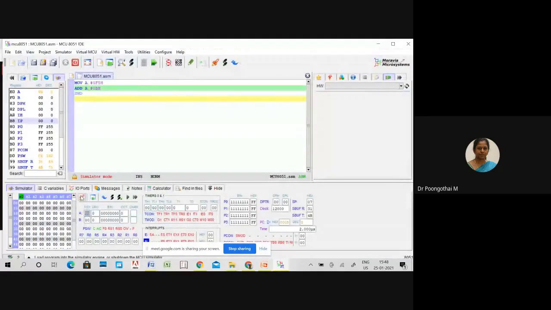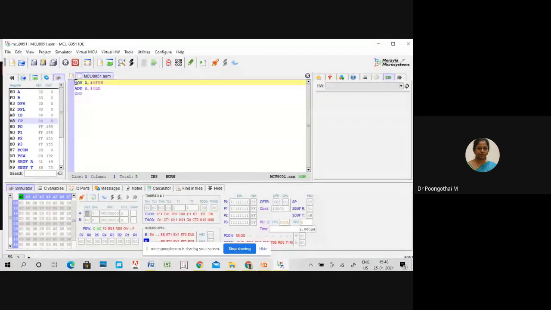So another way of writing the program: MOV A, #0FF. And you can specify the immediate operand using another register, MOV B, #24H.